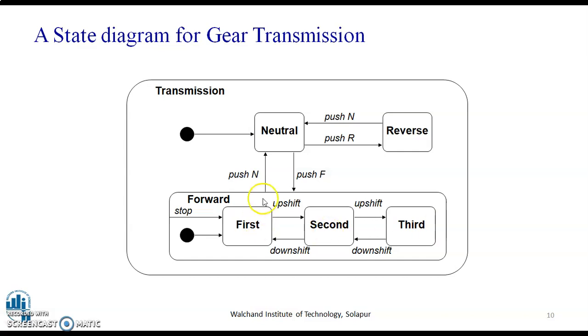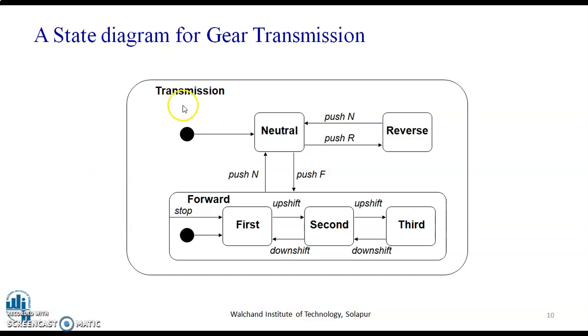Now see, this is a transmission state. In the transmission state, this is a gear transmission for a vehicle, you can say a car. Here you have the start state, and when a person is driving a car, there are also n number of substates wherein the car is going through in parallel when reaching from one destination to another. So what is it?